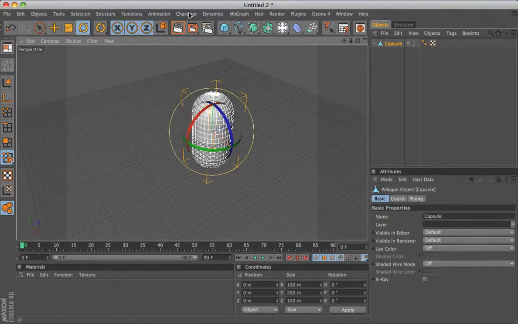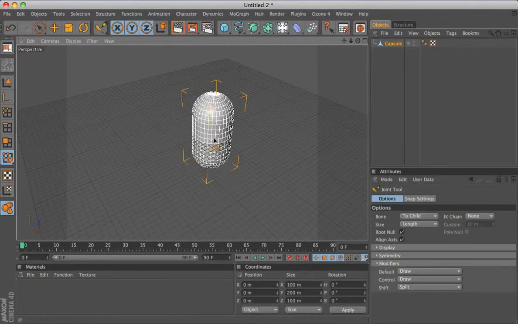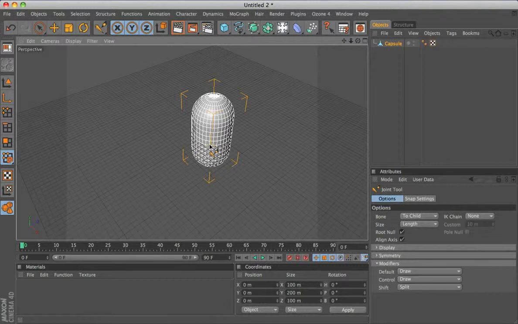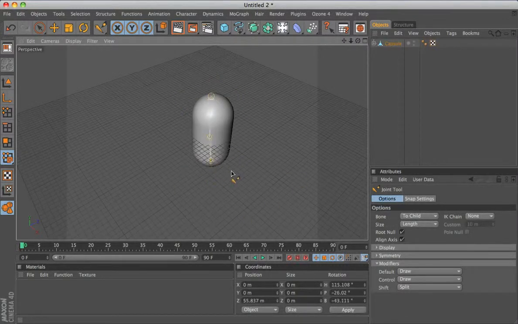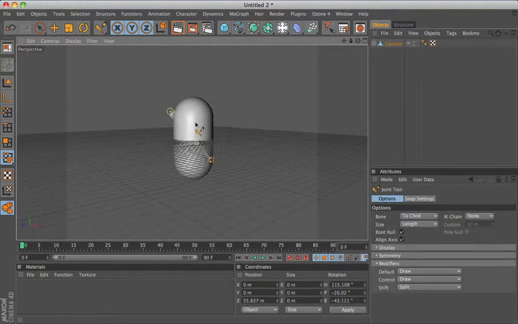To do this, you go up to Character menu and select the Joint tool. So now if I were just to click around and add joints in 3D space, like this, it would look kind of good from this angle, but then it's all crooked. We want it straight down the middle. So to do that,